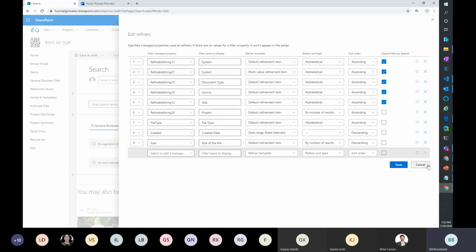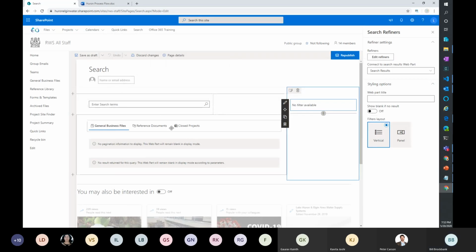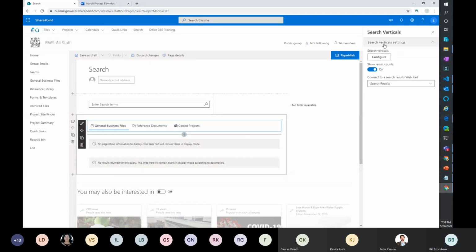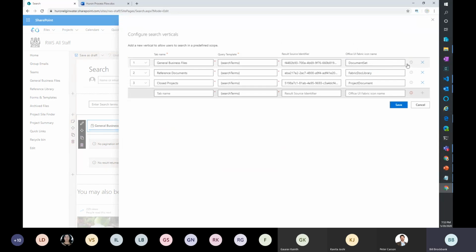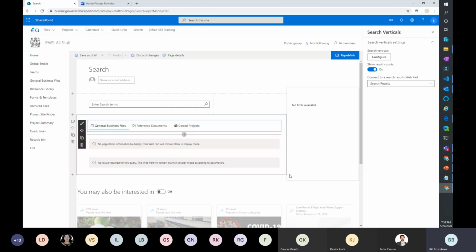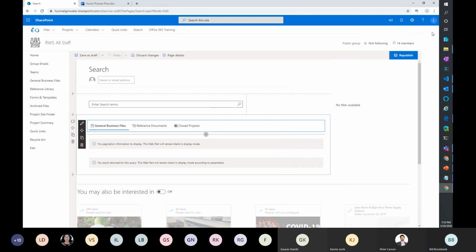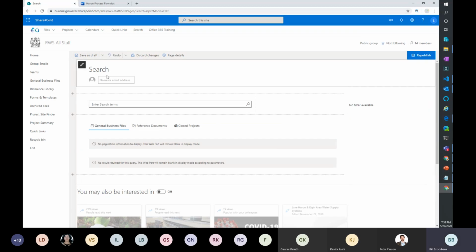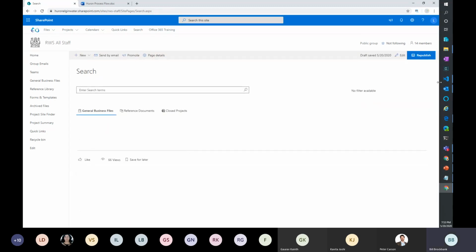Because if I go back to this vertical, look, I don't get to set a targeted URL for any of these. So instead, I have a different web part that would have done that, which I'd use instead of this one, and then just use different targeted locations. But in this case, because all my data is pretty much the same thing, documents we're searching in specific libraries, it worked out this way. Okay.